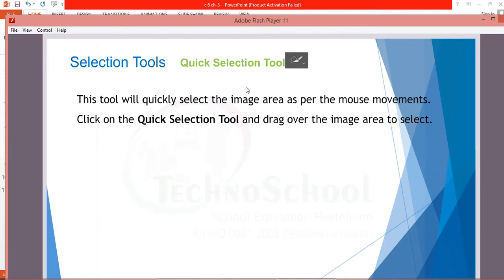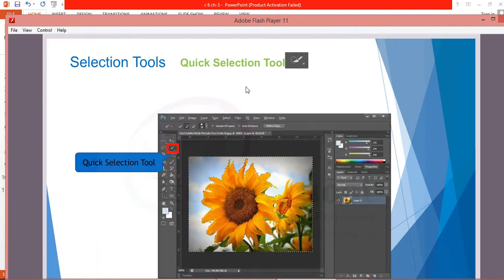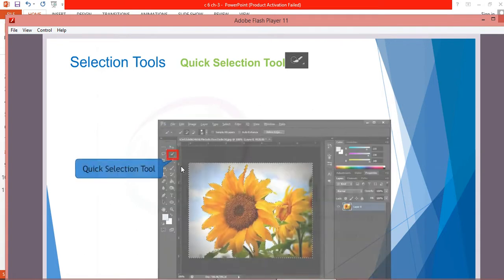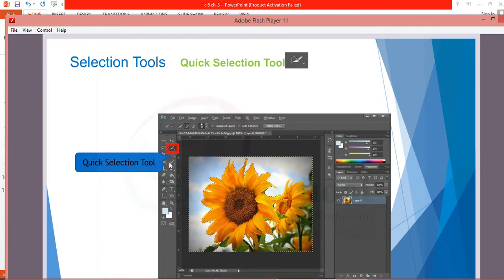It is freehand, and it quickly selects as per the mouse movement. We can identify the quick selection tool in the toolbox, the second tool on the right side. By using this, we can select the image.